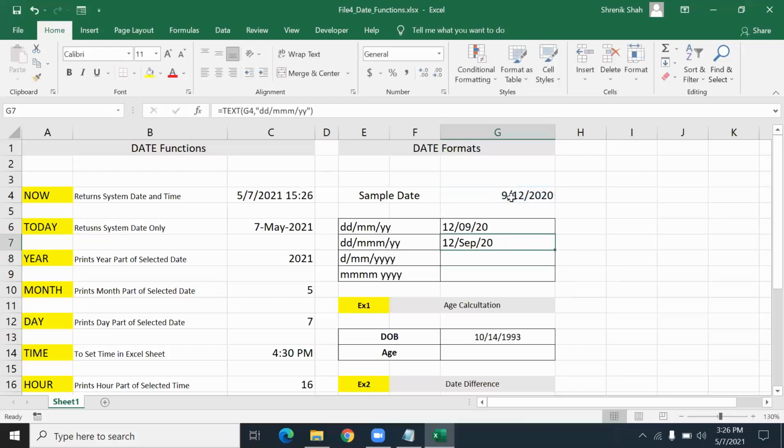Now here Excel prints 12 September 20. You are typing 2 times M, meaning 09. You are typing 3 times M, meaning the spelling, but it's not the complete spelling. It's just the short form. The next line, if you write the format as is equal to text in the bracket,